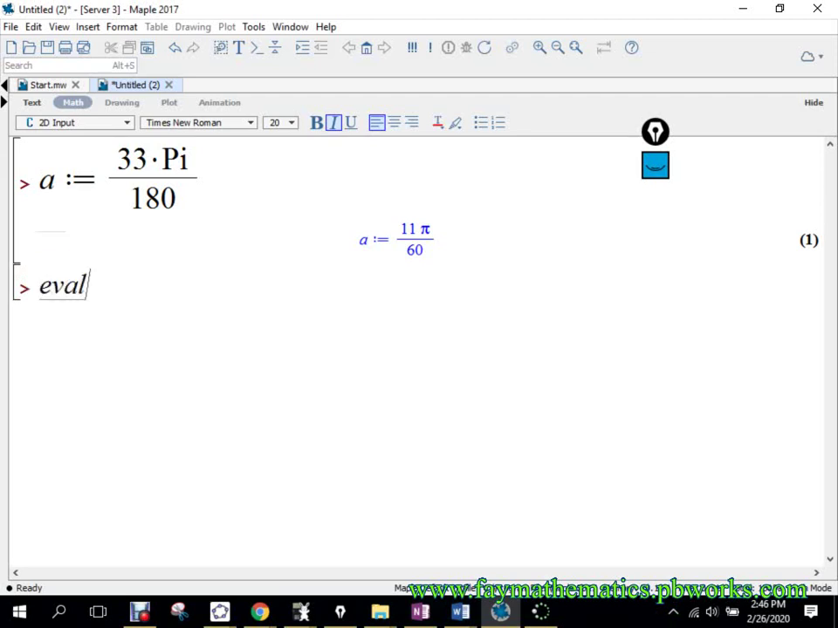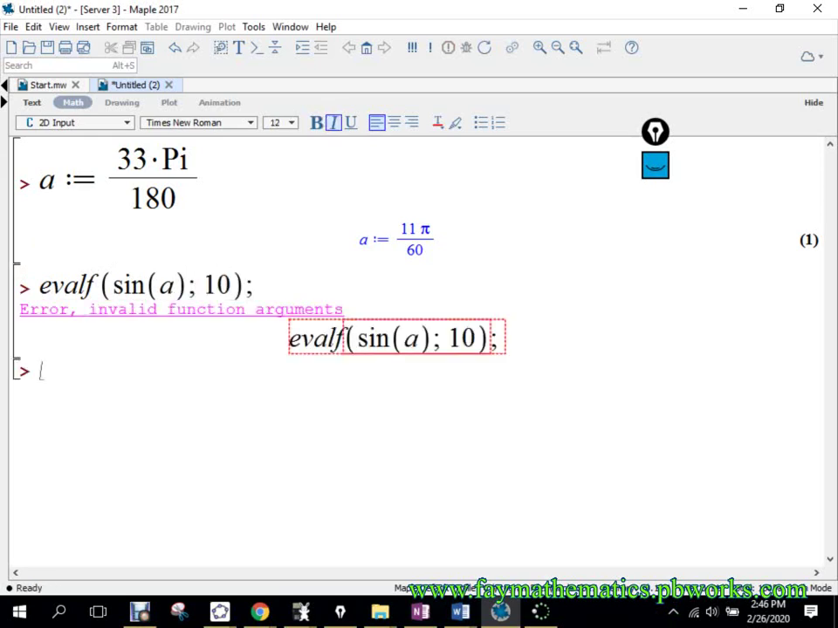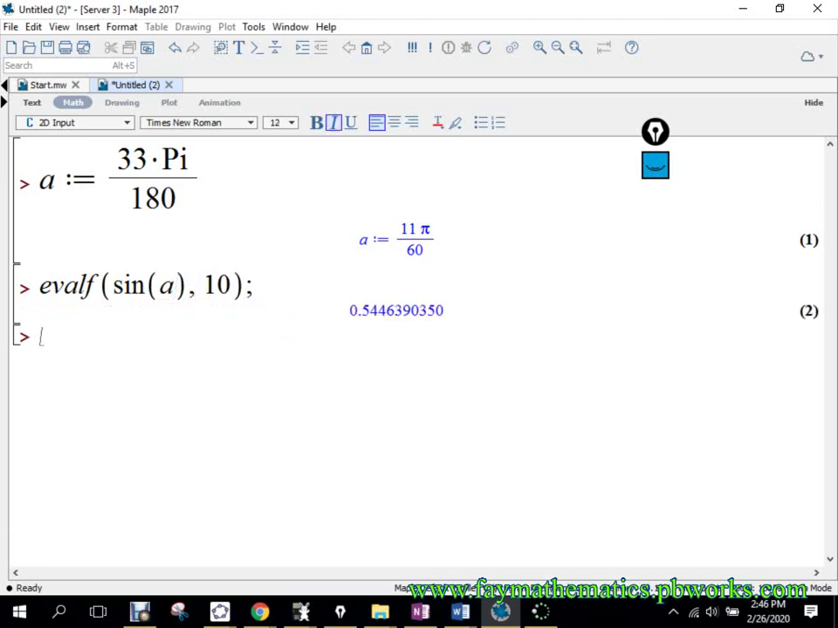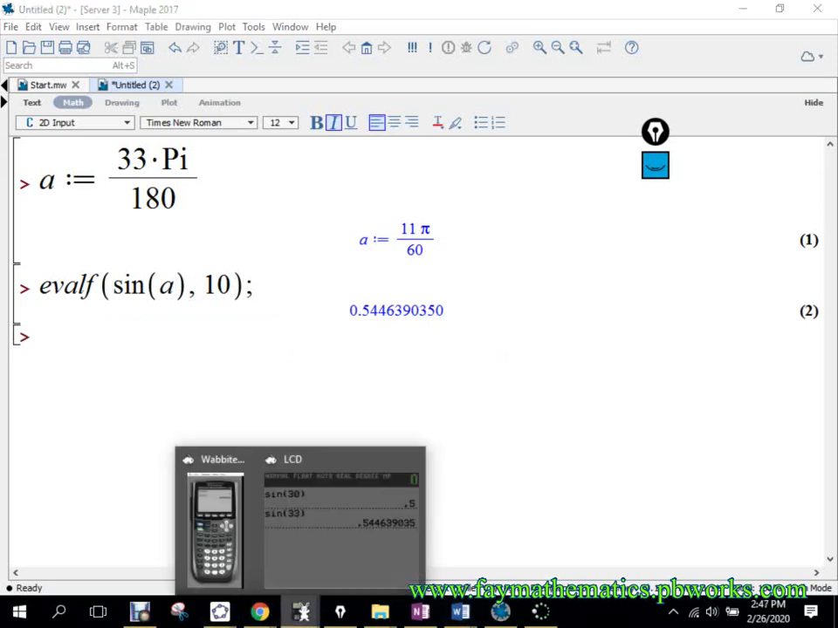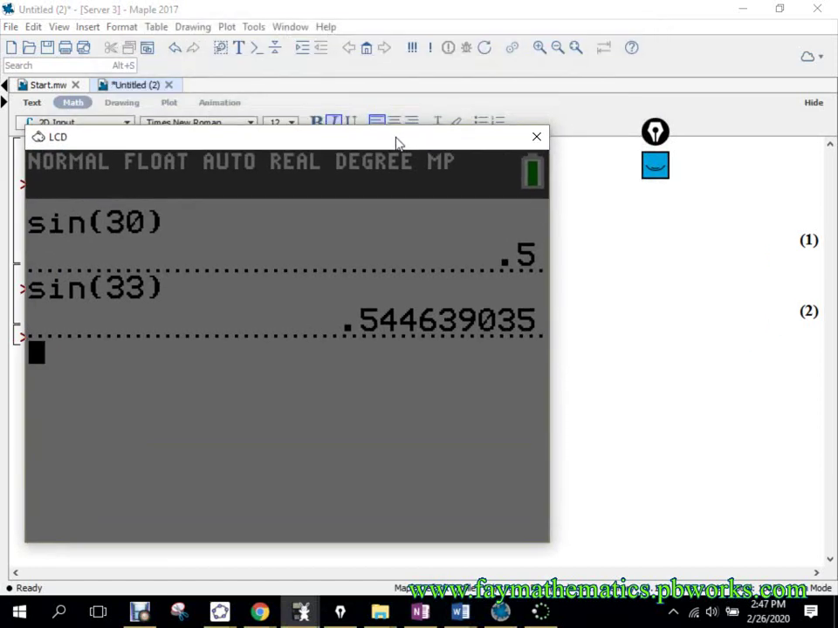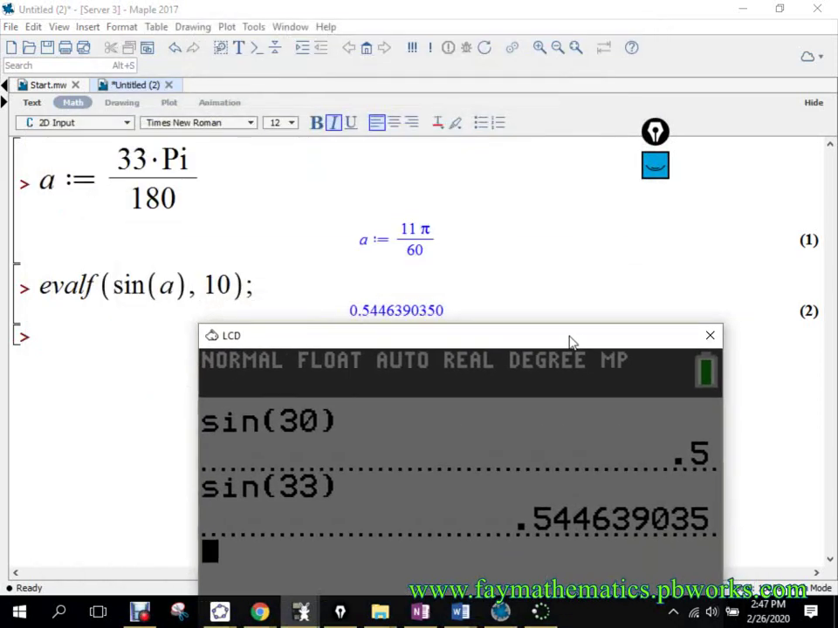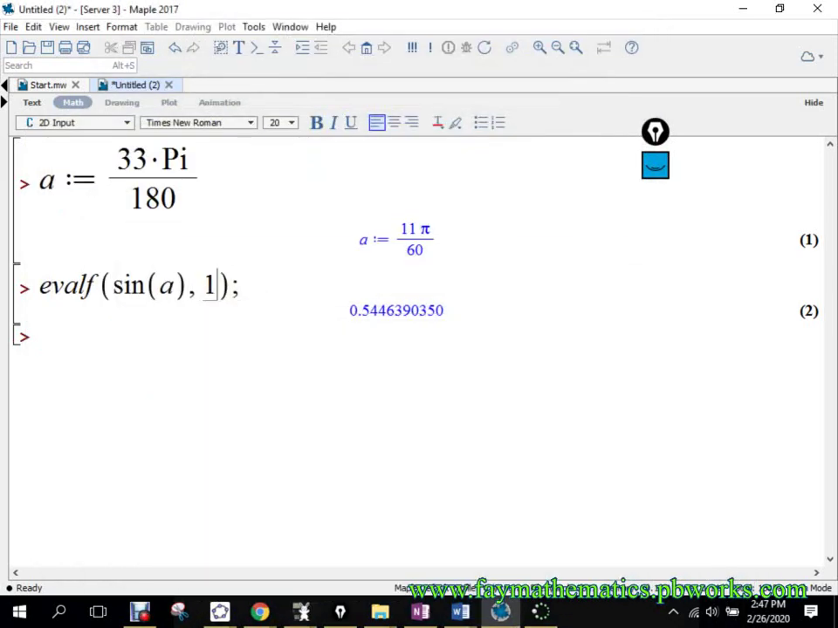So now I'm going to ask this to evaluate the sine of that angle to 10 decimal places. This is what your calculator would give you back, 0.544. If I go sine of 33, is that the same one we get back? Okay. Now if I go to 11 decimal places, just to talk about that situation earlier,